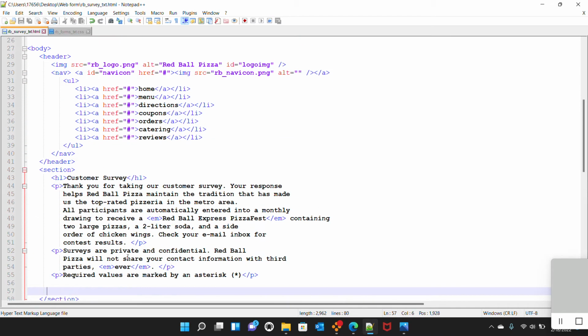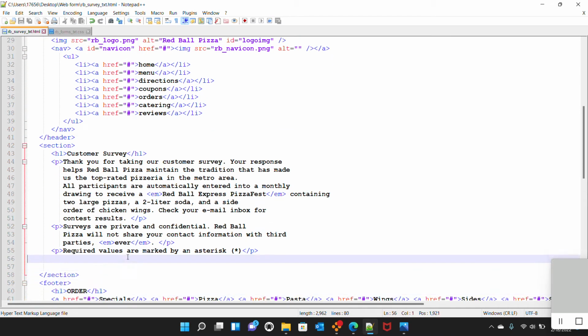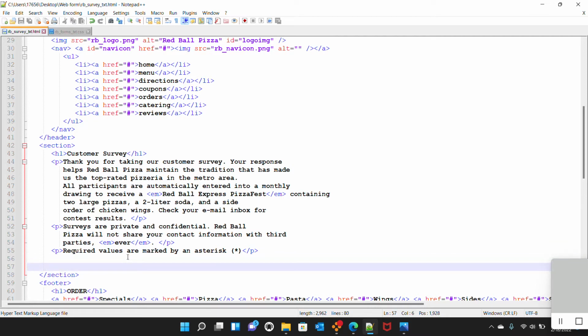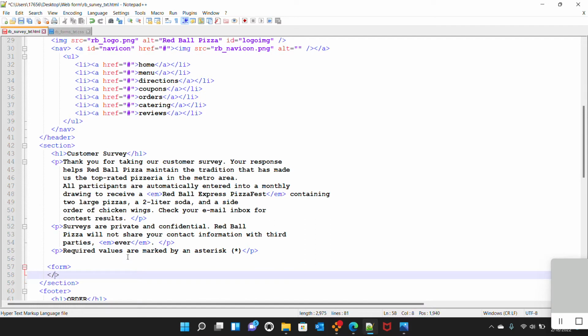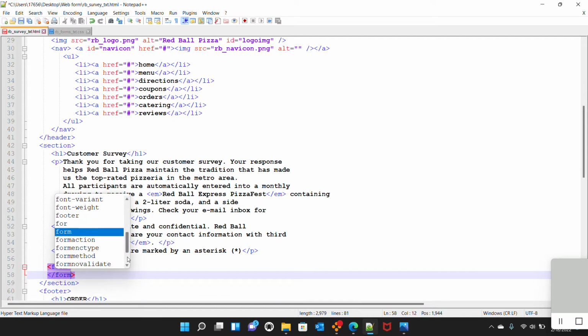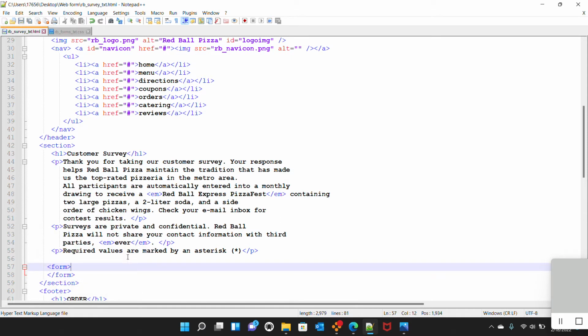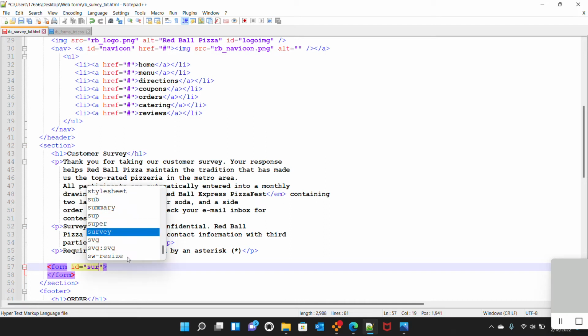Now I'm going to go to this part at the bottom of this paragraph and then add a form to my web page. With this tag, form, we can define a web form in our HTML file. So I'm going to set its attributes. First is the ID attribute. I'm going to set it to survey,